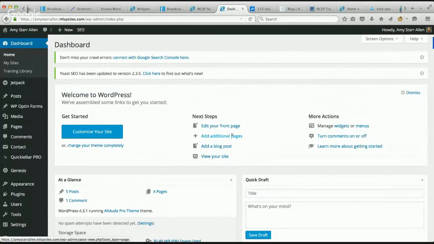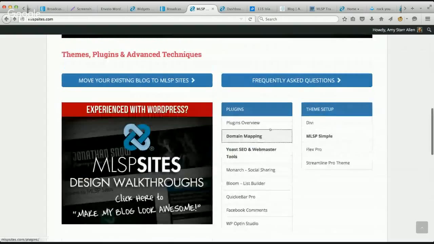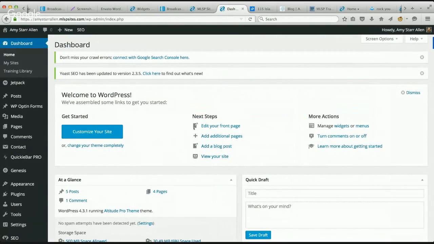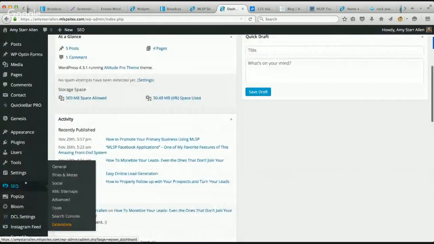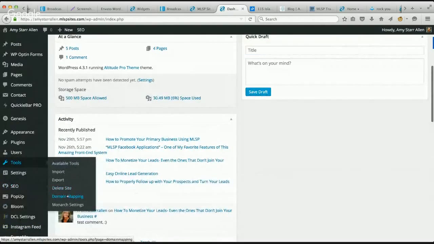You'll just go to GoDaddy. There's training on all of this stuff inside of here. So I'm not going to go again in the training portal. There is a training right here on domain mapping where there's a video for, depending on, it'll tell you which registrars they recommend for registering a domain name, and then it'll show you exactly how to map your domain name. So if you come down here to Tools, Domain Mapping,